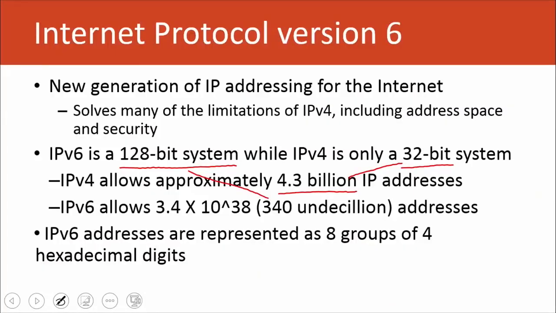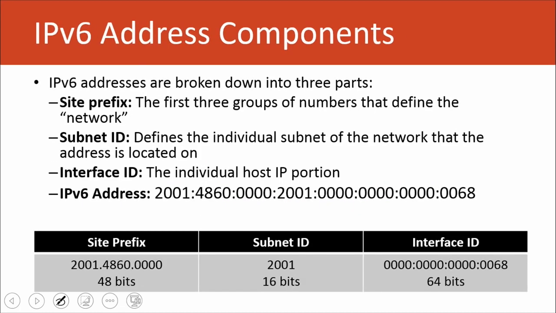I might have messed that up, but I thought that was a pretty cool statistic, whether it's true or not. And so IPv6 addresses, they're represented differently from IPv4 addresses. They're actually 8 groups of 4 hexadecimal digits. And so here we have a sample